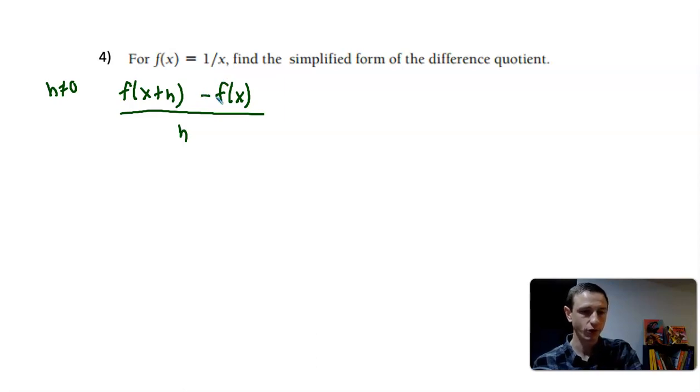So in this one, we have 1 over x. So all I'm going to have is 1 over x plus h. I'm just replacing, I know it's weird because it's 1 over x. So you think, what does that become? You just replace the x. It's no different than any other problem, like x squared, x to the third, no different. It's just x plus h goes in for x. So we have 1 over x plus h. That is the f of x plus h, minus the function, minus the f of x. So that would be minus 1 over x